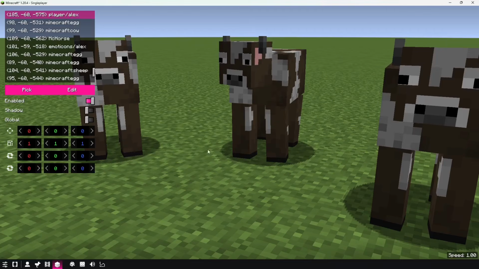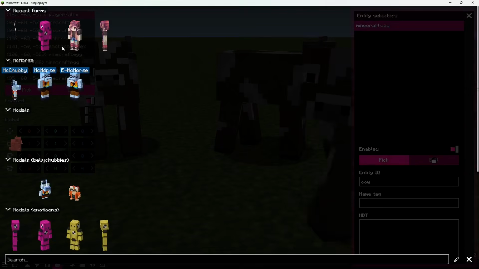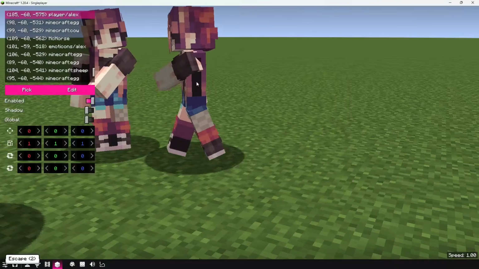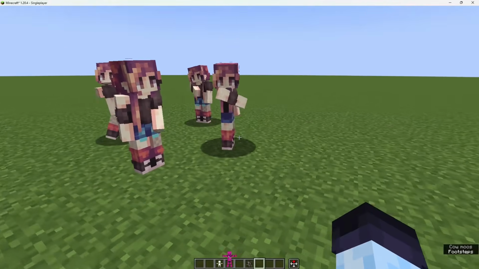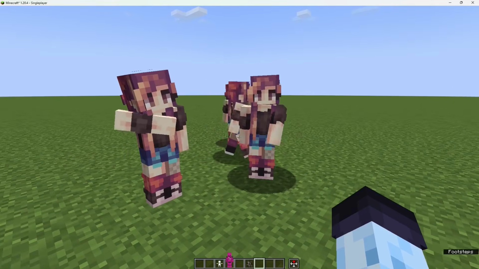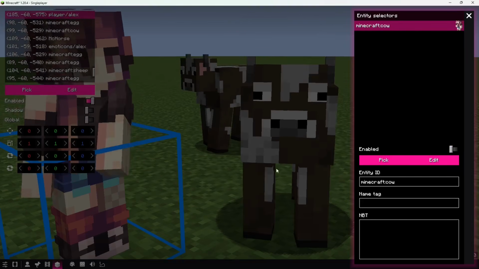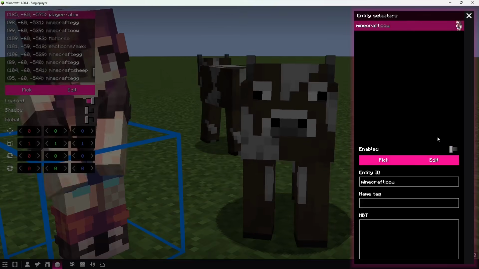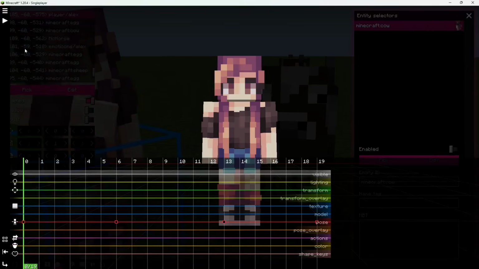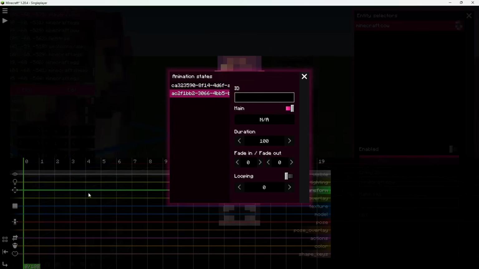Now I'm gonna go to the entity selectors, cow, and then this. Yeah, as you can see, now they also have those animations played by default because it's main. Let me disable that. If you have multiple animation states and all of them are toggled as main,